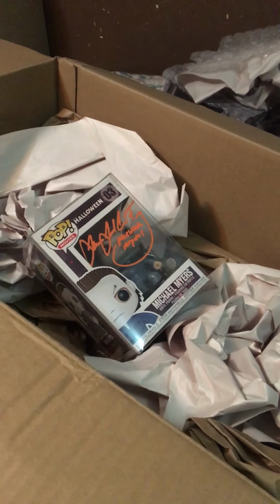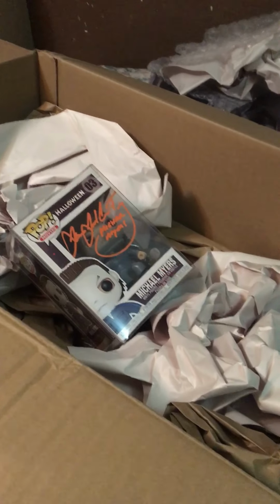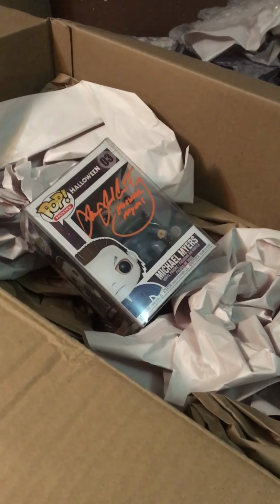But yeah, 2 thumbs up, CPA Authentics. I'm so proud of you guys. You guys did amazing. All these boxes were different. There was not one box that was the same. But literally, when they do this again, I'm gonna pull the plug and I'm actually gonna buy another one,